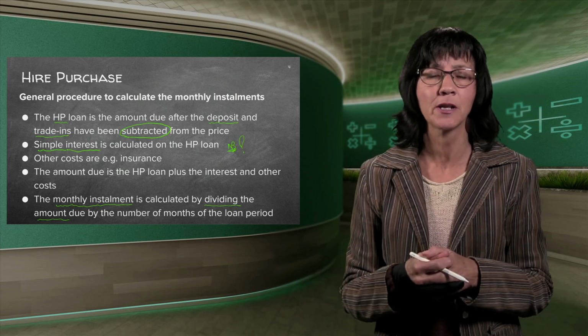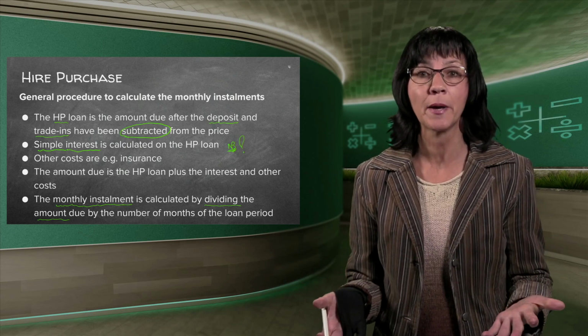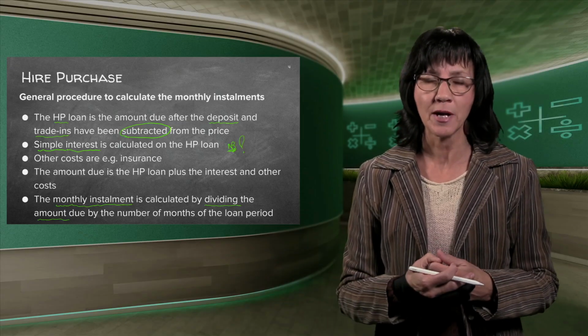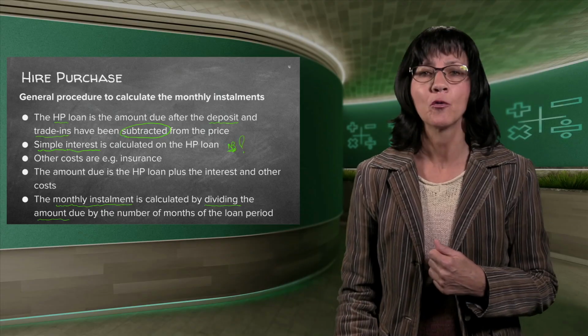If you want to buy an appliance or something, what you are willing to pay or what you can pay monthly before you just go and buy something. So it's really real life stuff.